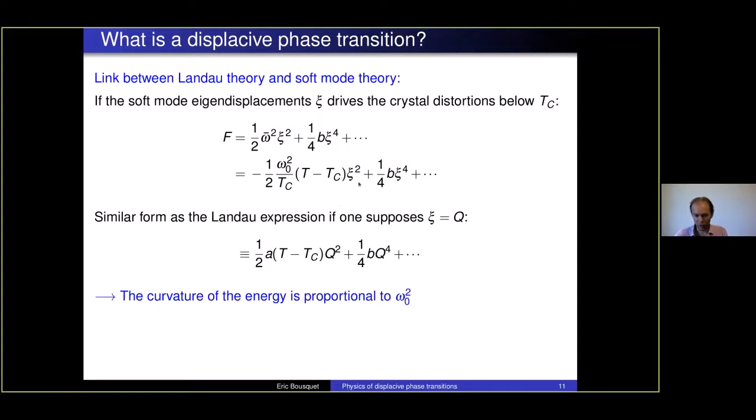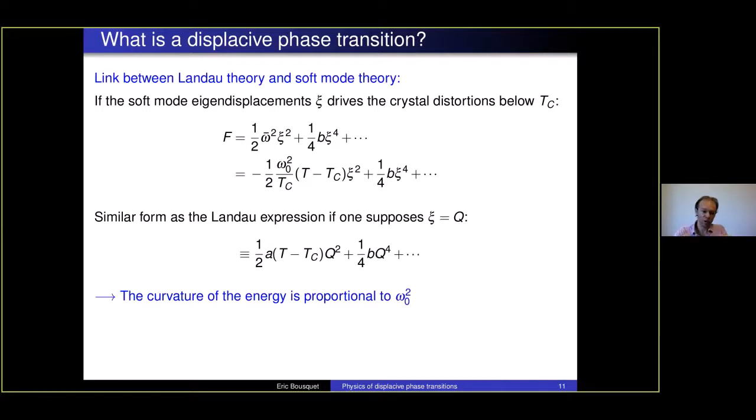If you suppose that what is driving the phase transition, the distortion of your crystal that is associated with the phase transition, is directly linked to the macroscopic order parameter, it means the order parameter is directly connected with the vibration of the phonon mode that is going to soften in your system. This means that we have a direct link between a microscopic atomistic view with the phonons, which are atoms that are vibrating, and a Landau theory that is macroscopic. Which is really nice.